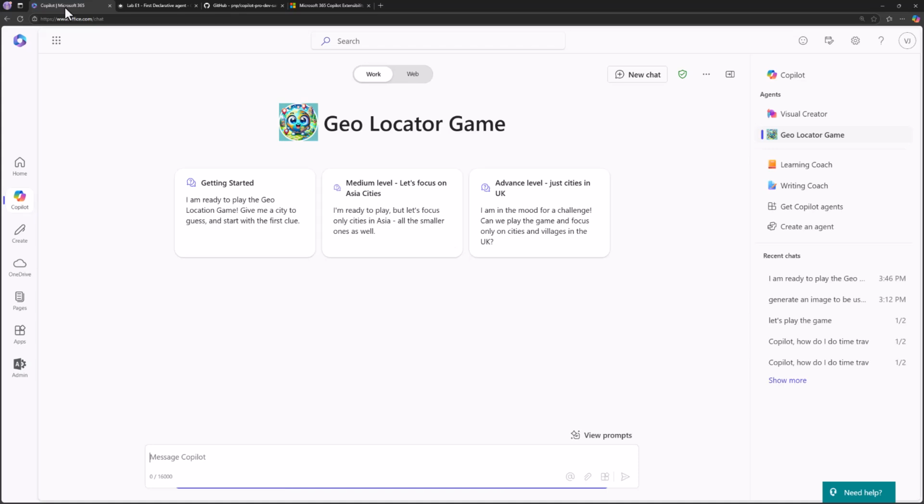Now let's go back to the experience in here and have a look at this one. This is the geolocator game. First of all, if we start thinking about how we implement this kind of chatting and natural language-based implementation using LLMs, this world is fascinating because the implementation style is so different versus the,